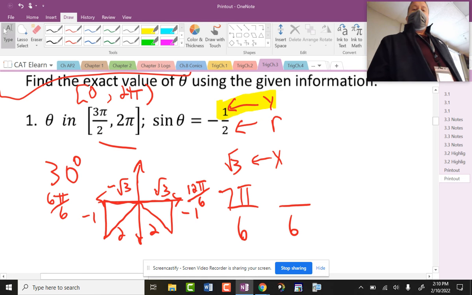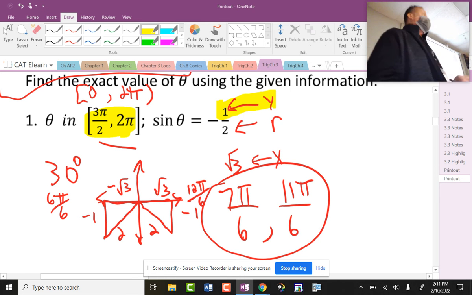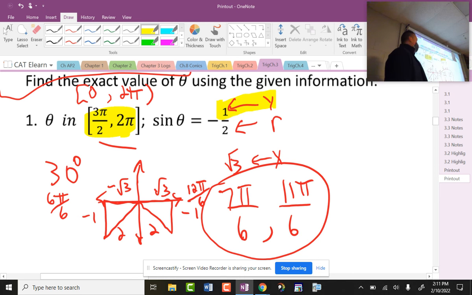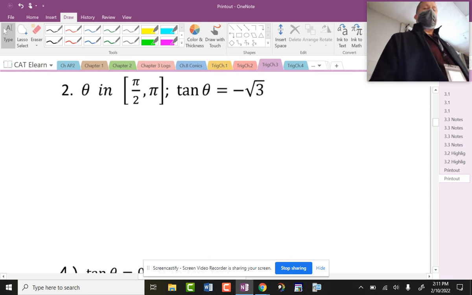Okay, now for tomorrow, these are my two answers. I am going to ask for all of them. For next week, we're going to incorporate this set of directions. Which answer do I want then only? What answer is between 3 pi over 2 and 2 pi? 11 pi over 6. So this is next week. We are going to throw that in there, and I only want that one answer then. All right? Got it? So I hope you know the difference there, and that's what those conditions were in yesterday's